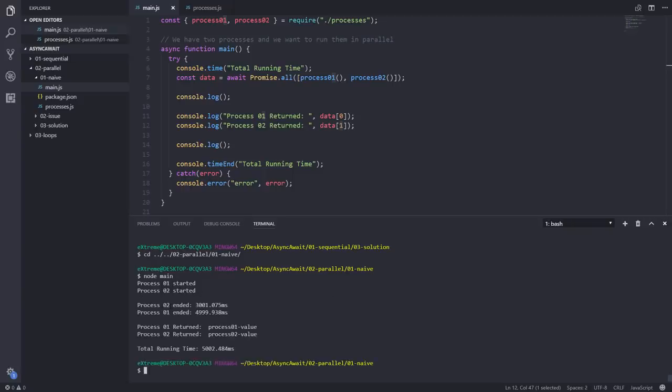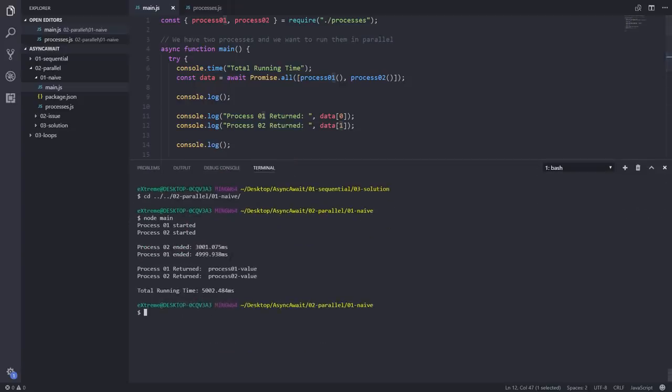The process 02 is actually the first one that ended, with 3000 milliseconds, then the process 01 ended with nearly 5000 milliseconds, and we can see that we have access to both of those returned values. And really importantly, this time we see that the total running time of this example is 5000 milliseconds,